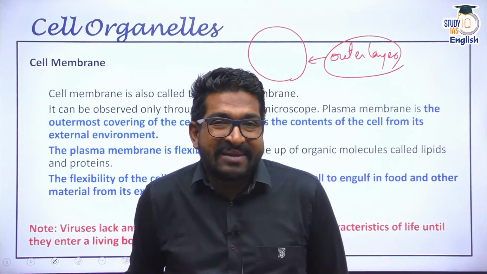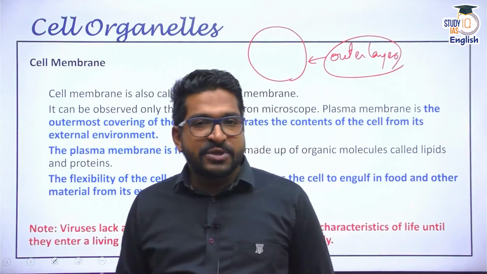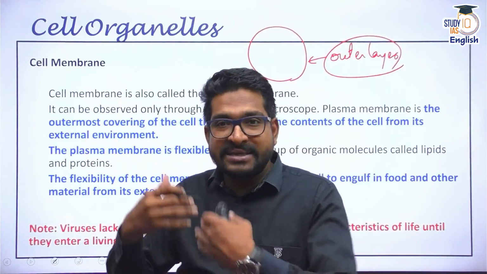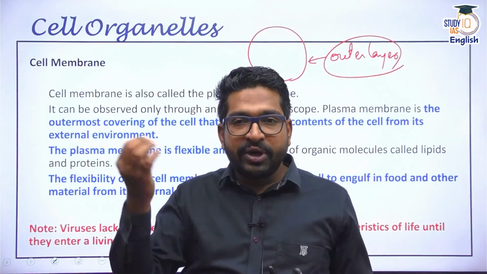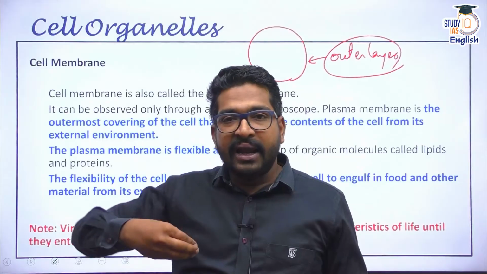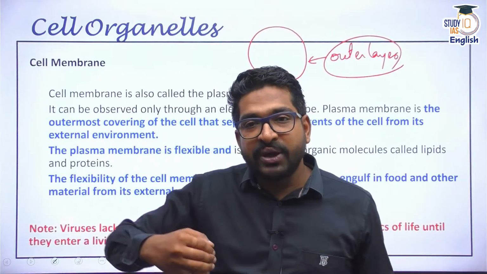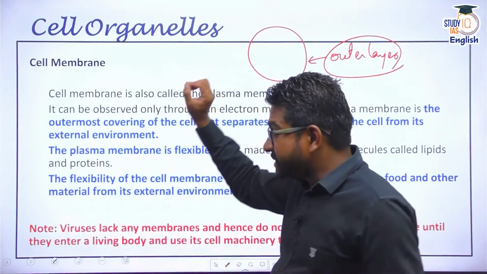You all know that a cell performs metabolic activity. For it to perform its metabolic activity, it needs some sort of input and it releases some residue or output. So it needs to be semi-permeable to inputs like food. I need carbohydrates, nutrients, fats, and I also release certain waste material. The cell releases waste material, so the waste has to be thrown out of the cell. So the cell membrane is a semi-permeable membrane.